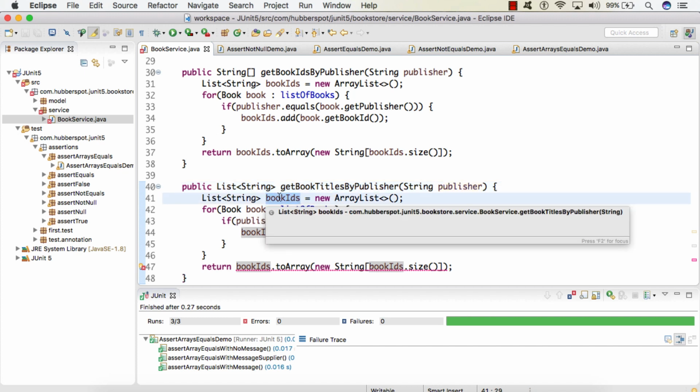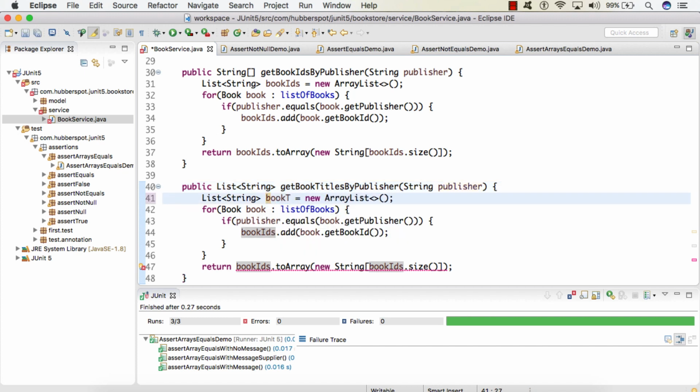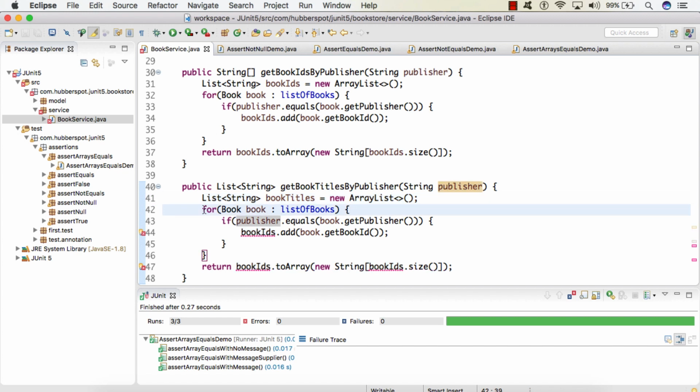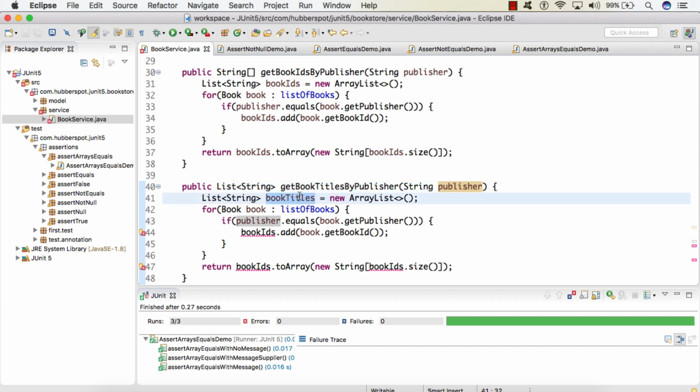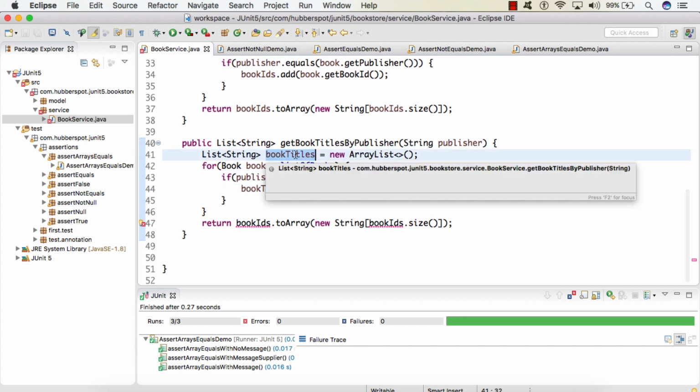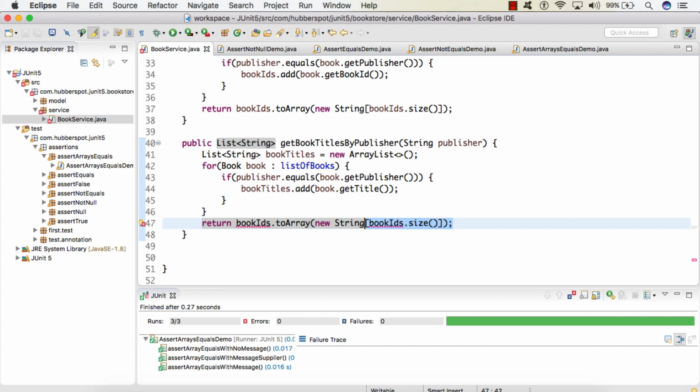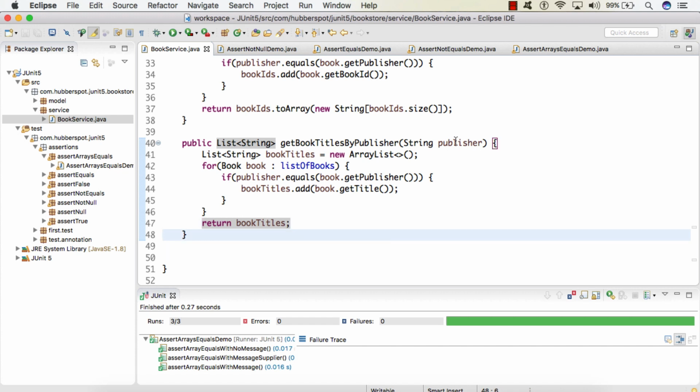Here, instead of book IDs it will be book titles, and then we'll iterate the list of books taking one book at a time, and compare the book publisher with the publisher which we provided, and if they match we'll simply add the title of that book to the bookTitles list, and at the end we'll simply return the list of book titles. So friends, we have written the method which will return the titles of books whose publisher matches our input.